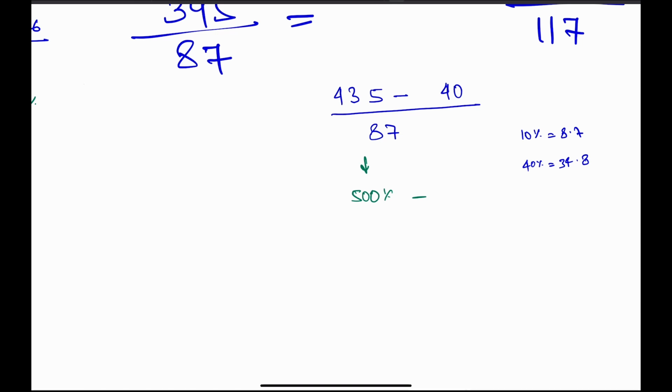Okay, but here it's 40, so how much we are leaving off? That would be 5.2. So now again 10% is 8.7, we want to find the value of 5.2, so 1% is 0.87,